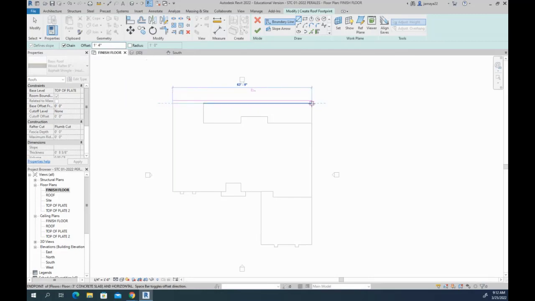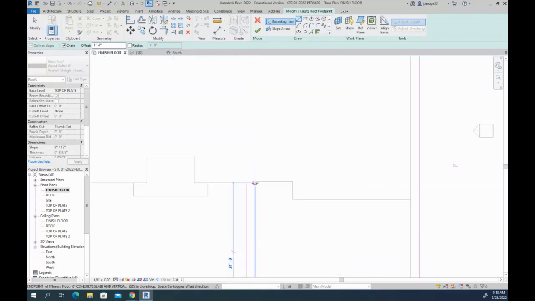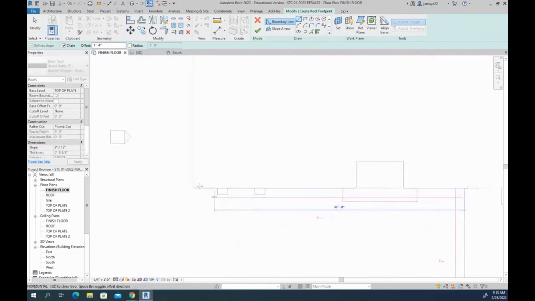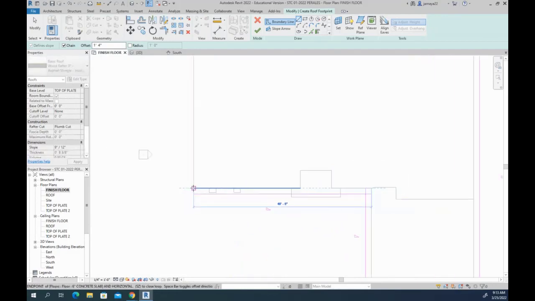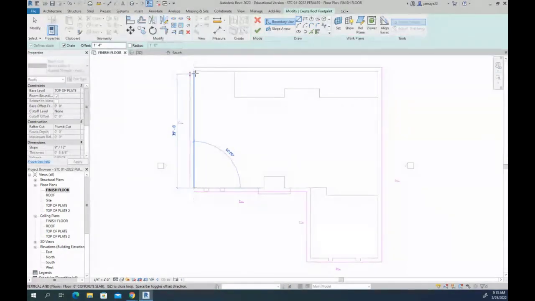So I'm going to go all the way across to the corner where my porch ends, my patio ends back there. And I'm going to come all the way down to the corner of the garage. And I'm just going to go straight across. I'm not going to go around the columns or anything. I'm going to go straight down, right here where the porch meets the wall. And then I'm just going to go straight all the way across to the edge of the building. And then I'm going to come all the way back up. And then hit escape twice. And there you go. It should look like this, like a